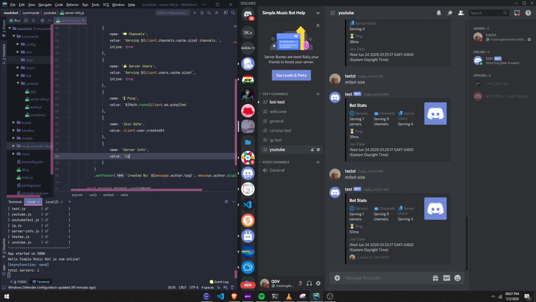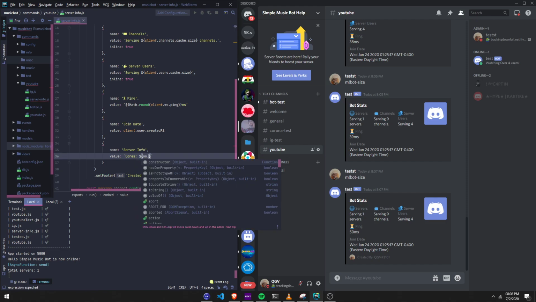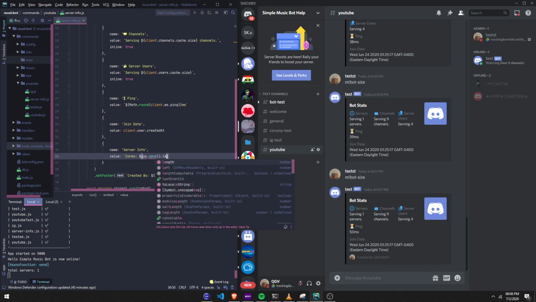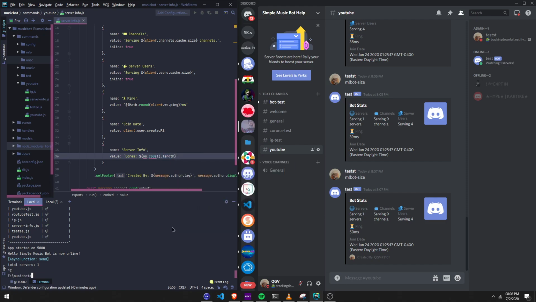Let's set the cores. And then we can just do, I think it's os.cpus. Is it CPU or CPUs? Let me see. Oh, right here, CPUs. And then dot length. So this should return the amount of